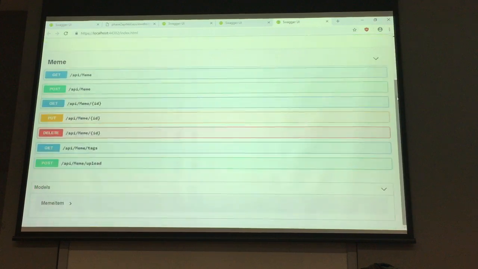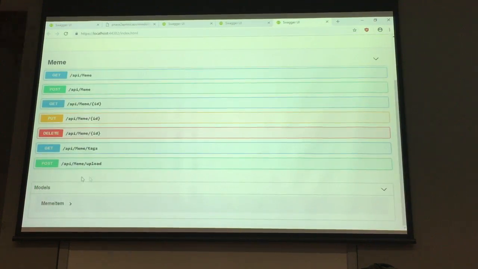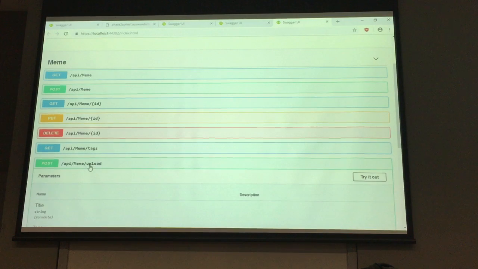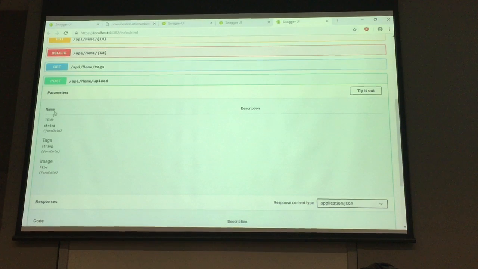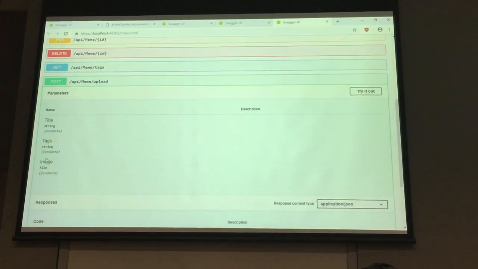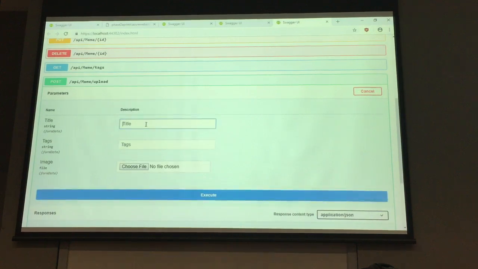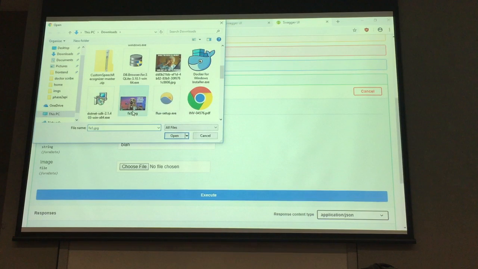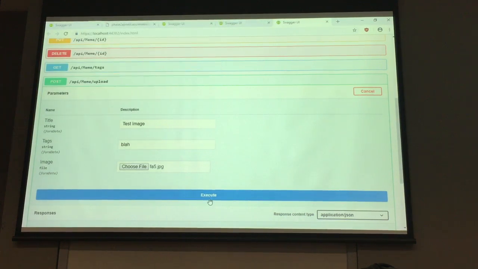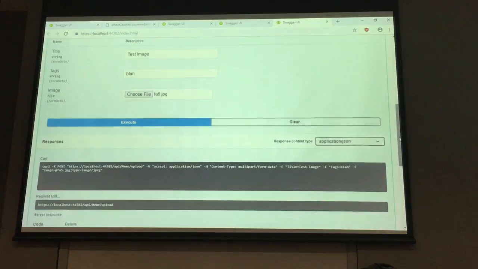After you've saved it, if you scroll down, there should be a new endpoint here, API meme upload. So you go ahead and click on that, and you can try it out from here as well. You'll see here it tells you what parameters you'll need. So you need a title, tag, and image. So you can go ahead and click on try it out. Enter a test title, image, tag, and choose a file. We've probably got some file downloaded somewhere here. And hit execute. And assuming it's all good,